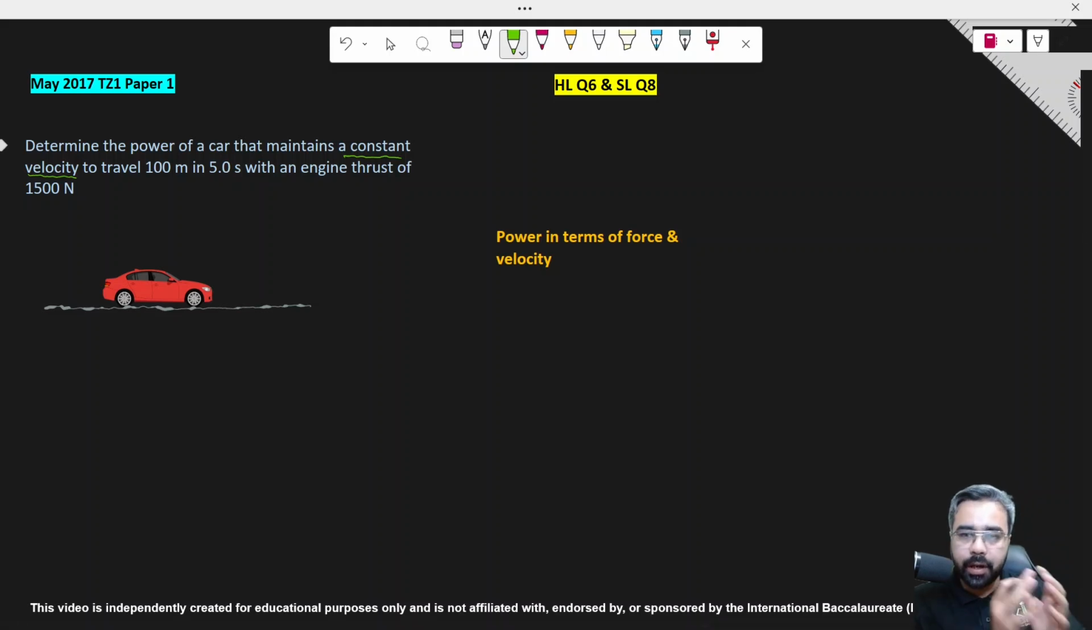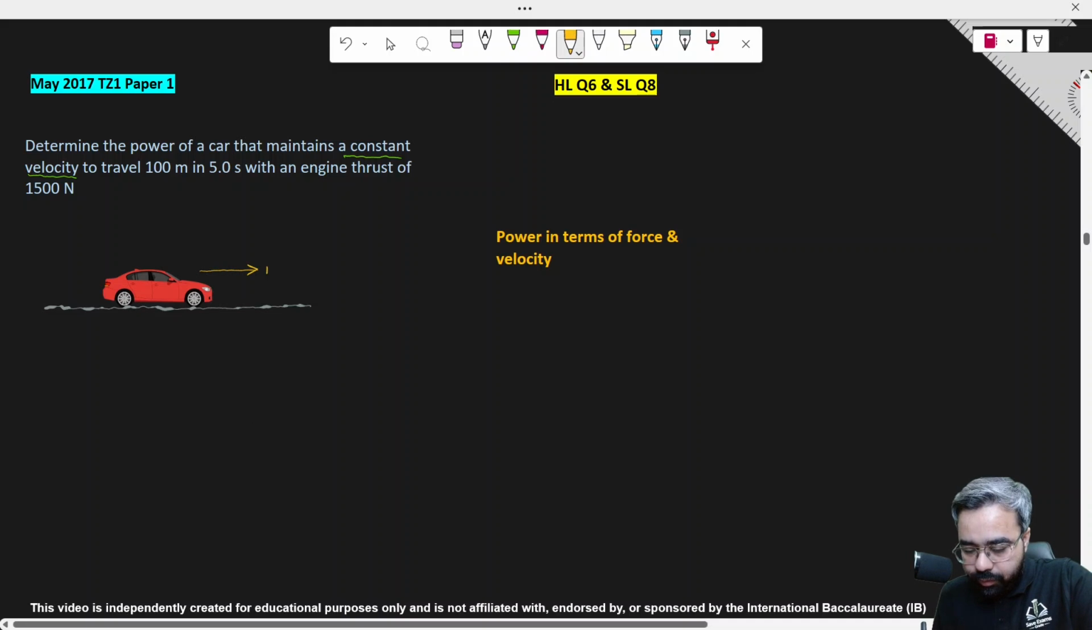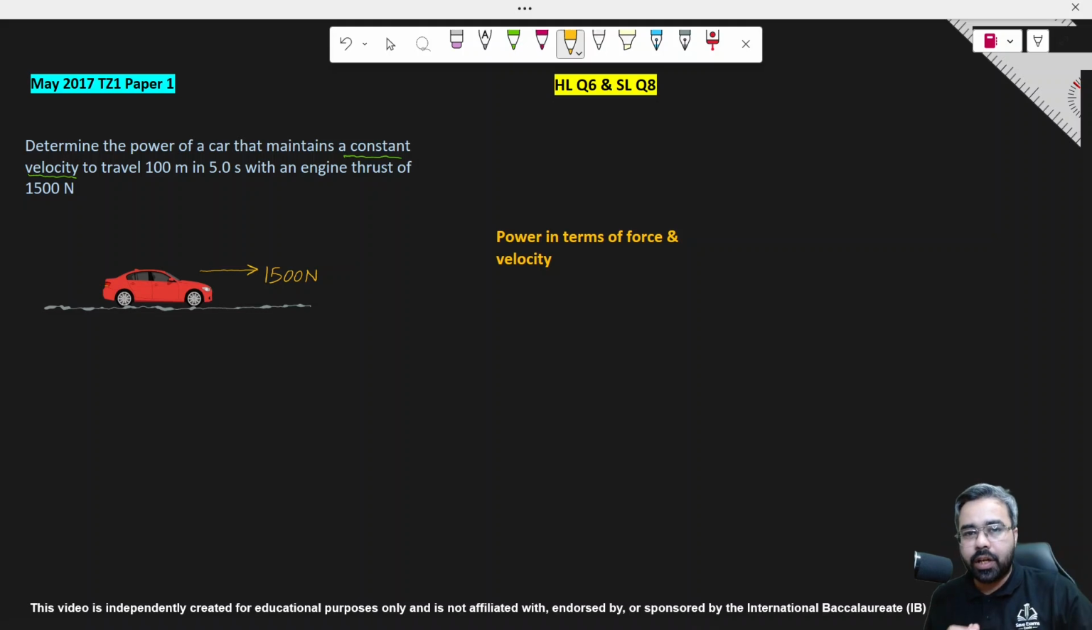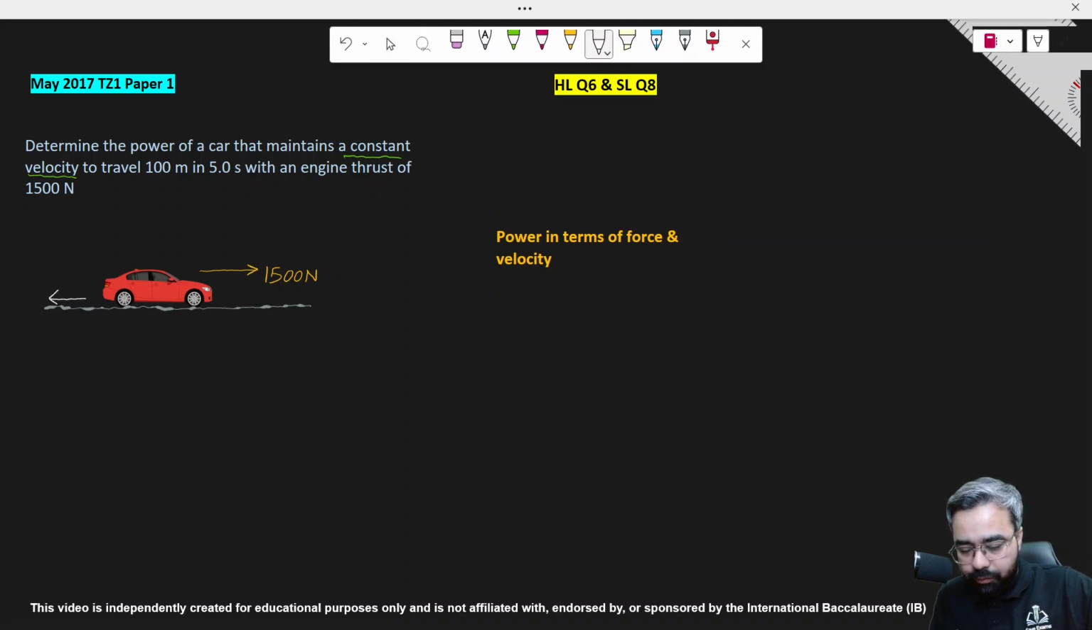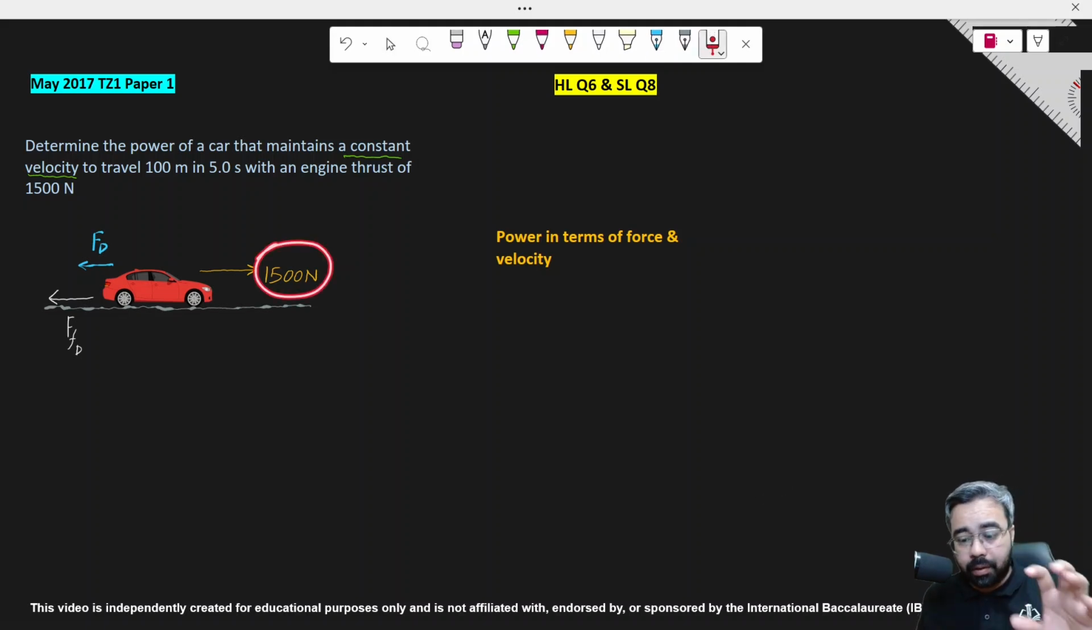Either it's air drag or it's a frictional force by the ground. So the car engine is giving a constant thrust of 1500 newtons. This is the force that the engine applies to maintain its constant velocity, because there are other forces. That might be the force of dynamic friction, or that might be the air drag, so F_t. In order to overcome these resistive forces, 1500 newtons of thrust is required to move it